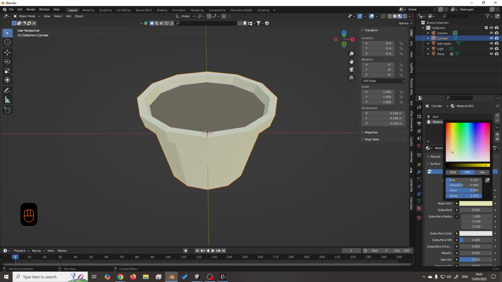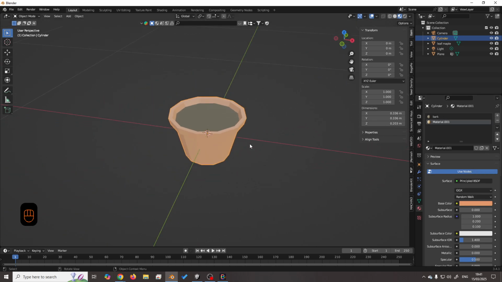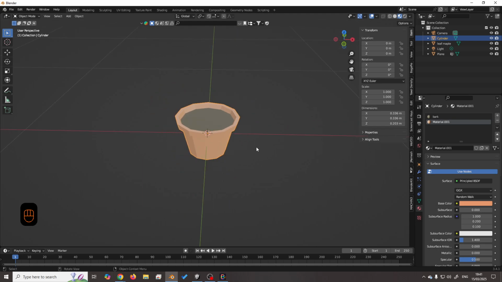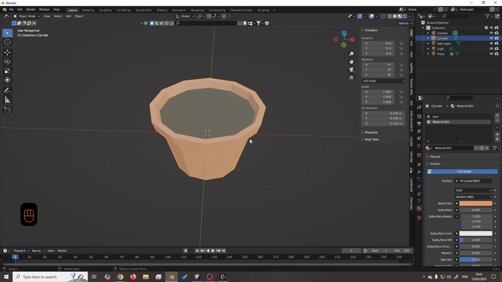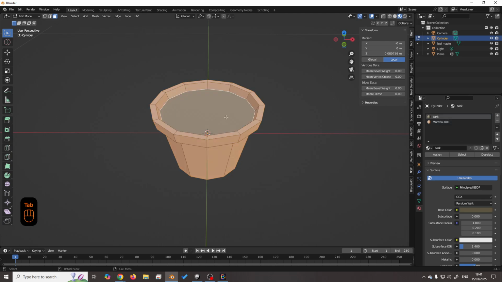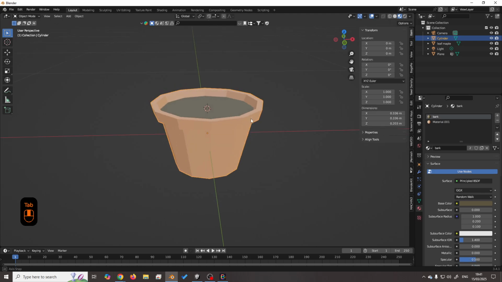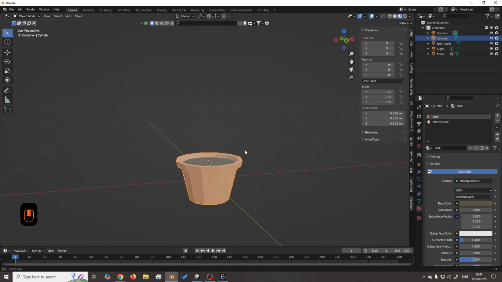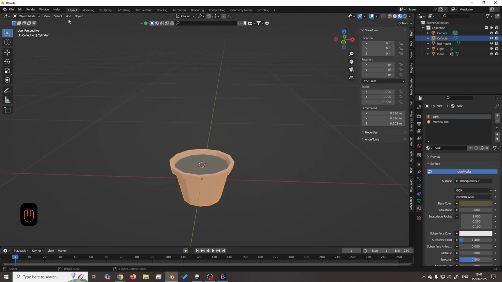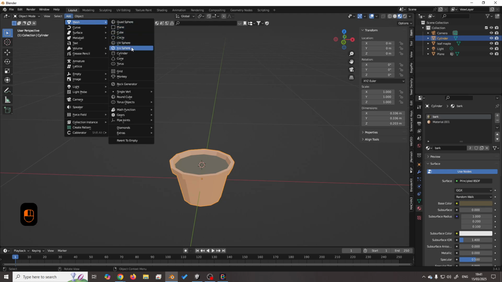and I'm just going to make it a kind of a, I don't know, I guess a kind of a terracotta sort of colour, sort of plant potty. And then I think what I'll do is I'll select that face, Control and S, and I'm going to put the cursor in the middle of that face, because that's where my plant's going to grow out of, and we'll spawn another cylinder,